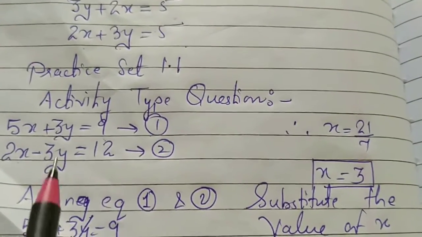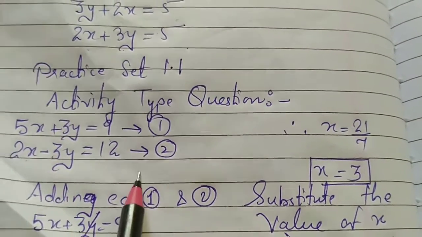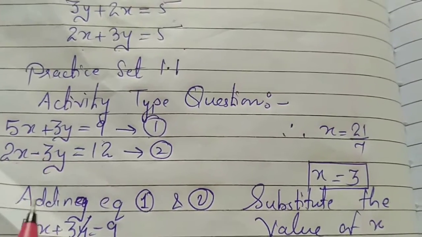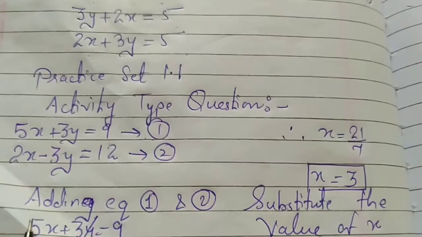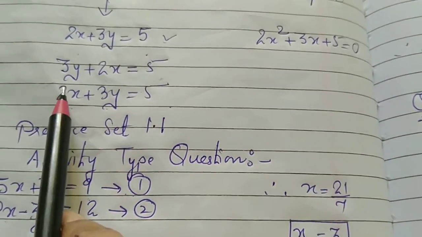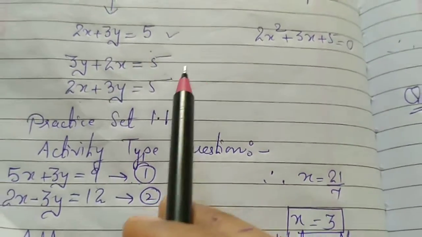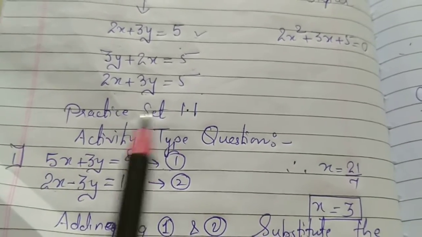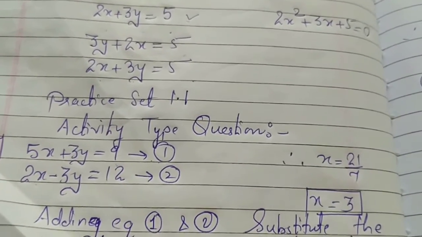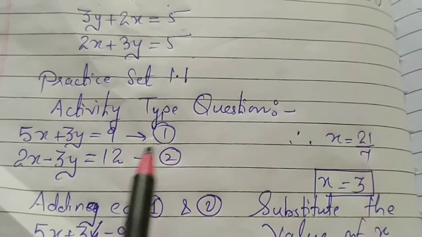Now you can see that both the equations are already in the correct form. That is why I have given a number. Otherwise, if it is not in a correct form, here I gave you the example, suppose y is here, then x, then number. So first of all, before giving the number, you have to make it in a correct form. After making it in a correct form, you will give the number.